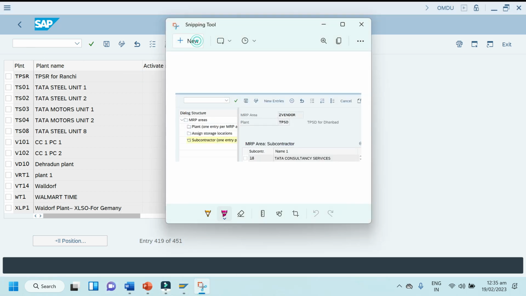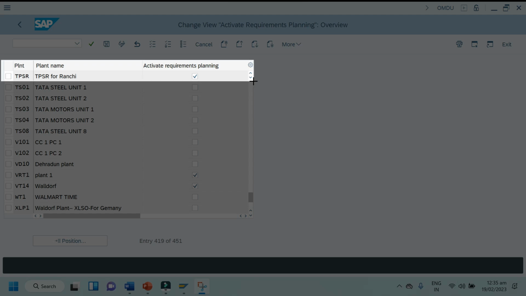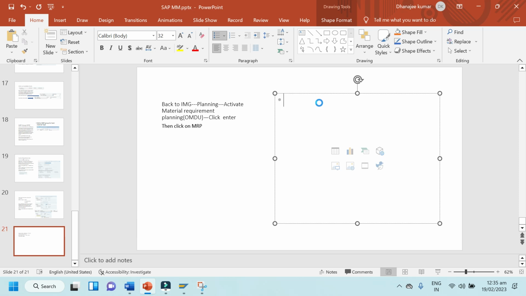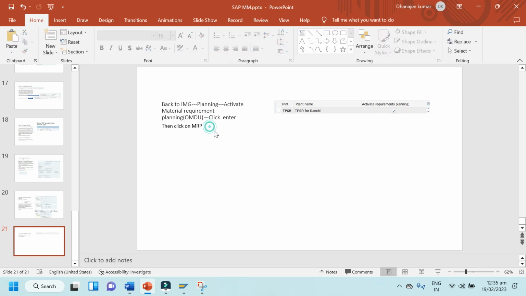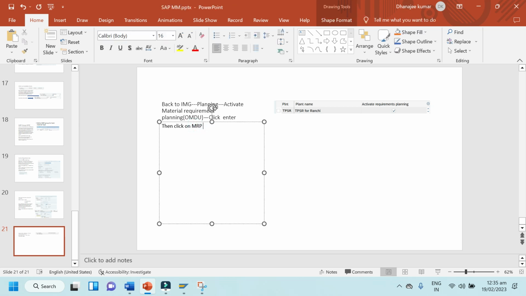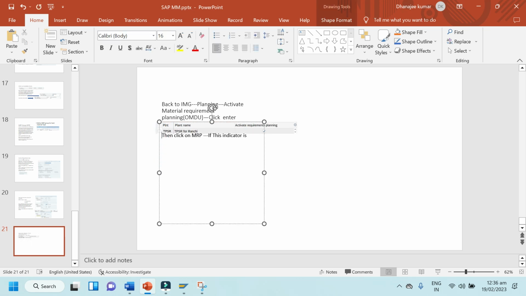So take a screenshot of this one, make note of this one. Make a note here. If this indicator is selected, let me just paste this one here. If this indicator is selected,